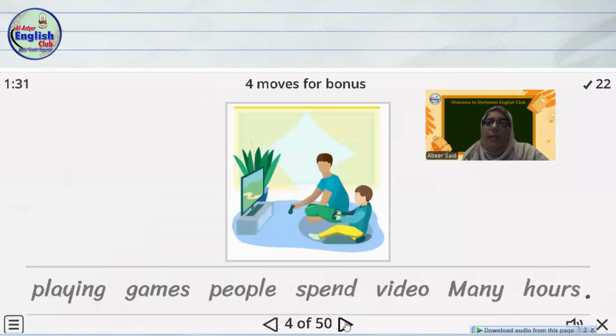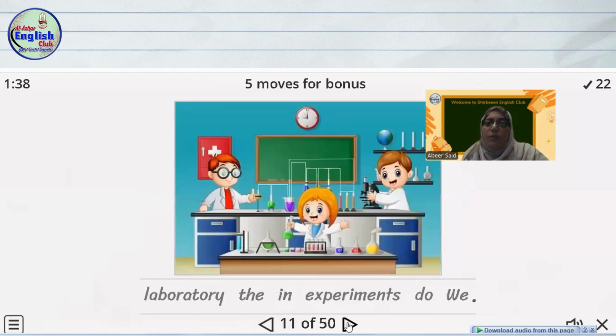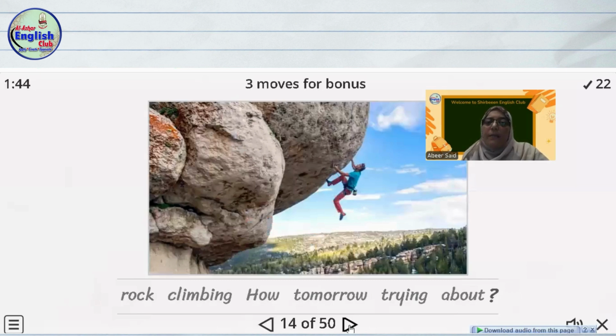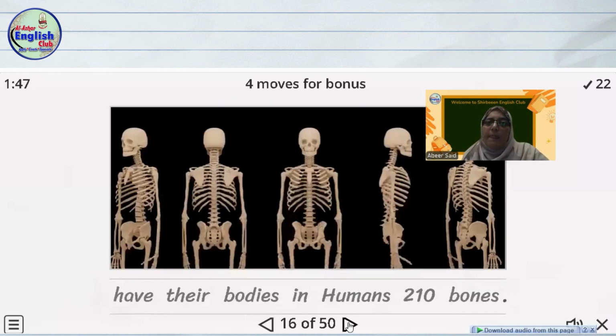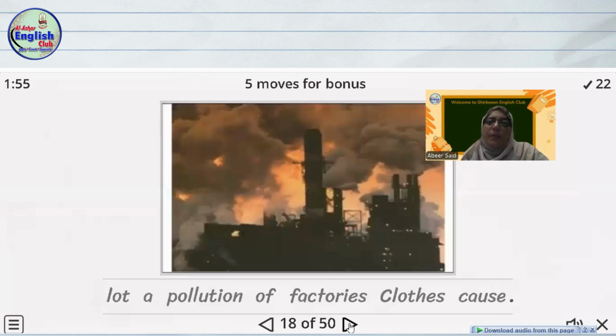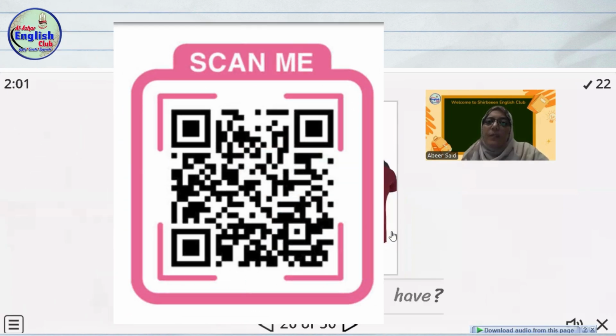These are the questions. We have made 50 rearrange questions. We use pictures, and of course, the students can try again, and the students get a leaderboard to show them who is the first, the second, or the third, and so on. So it's very competitive and very encouraging for them. And of course, you can find the game if you scan this QR code. And this was our second project or activity.